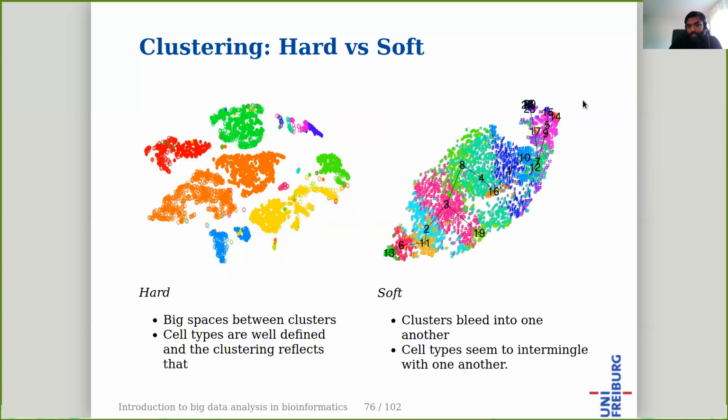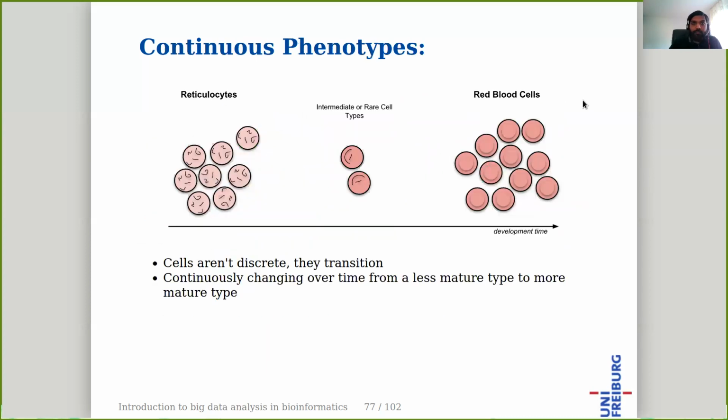So this type of clusters can be used, for example, for the red blood cells that usually come from the reticulocytes. So these cells can be seen, but in this development process, we also have intermediate